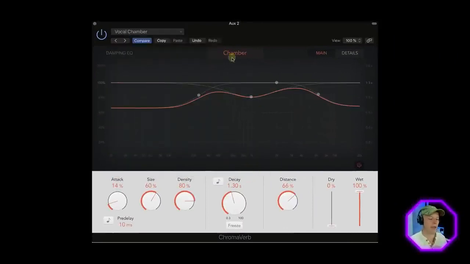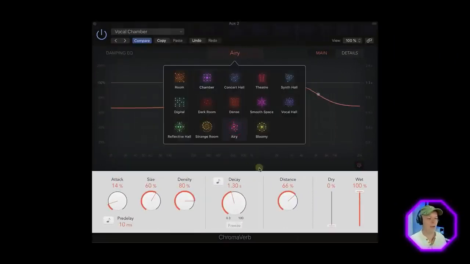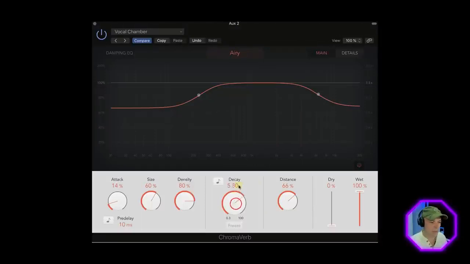I'll do vocal chamber again. There's lots of other things you can do. I'm going to put a bit of airy in or something. So what I'm going to do, and this is a bit crazy, but I'm going to go